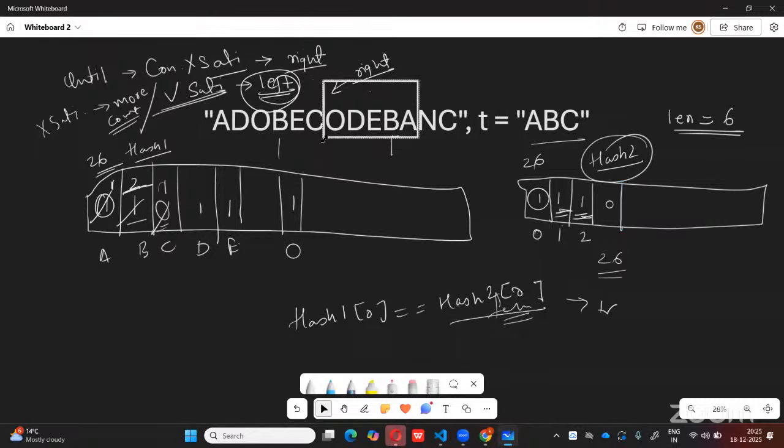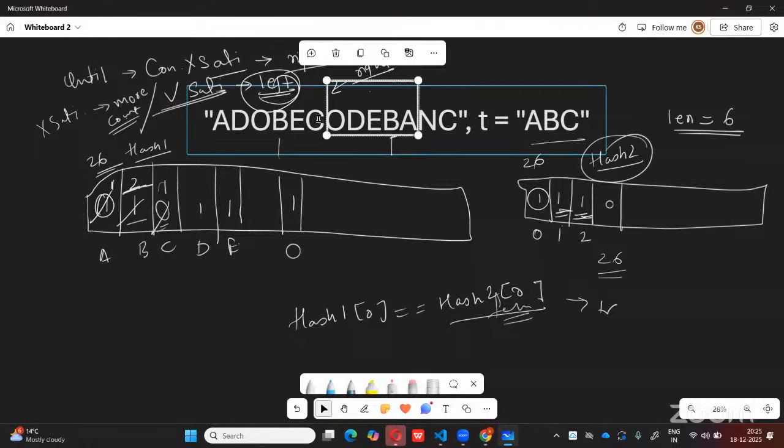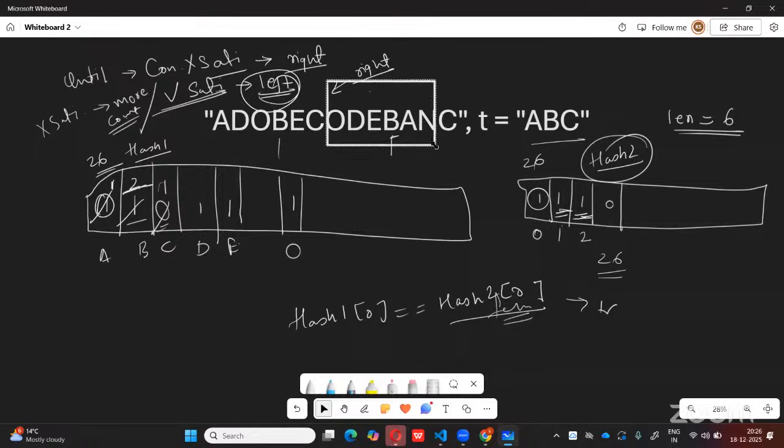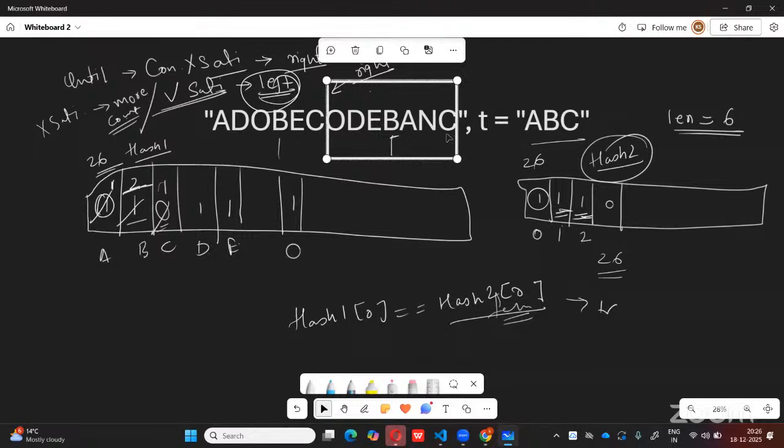So then again, if the condition is satisfied, we move the left pointer. At this time, the condition is not satisfying, so we have to move our right pointer. So N is included, again not satisfying, so right pointer. This time C is included, so this is also a correct substring, but the length of the substring is 7. So we have to move our left pointer,